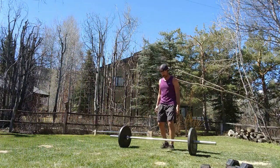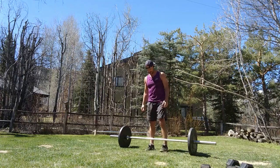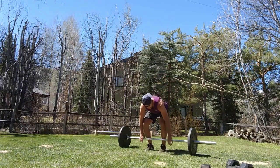I started at 95 pounds. Yeah, back in the day I could do this with 155, but that was not today. Here we go. 12 reps. 1,